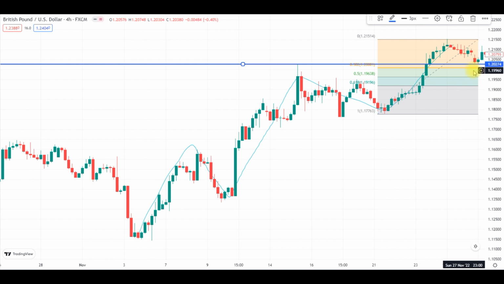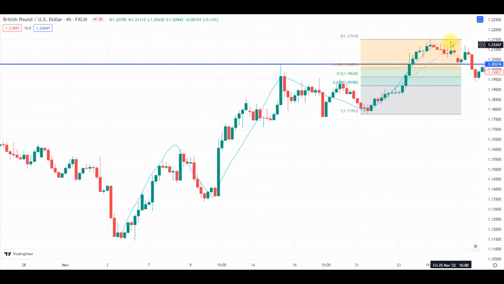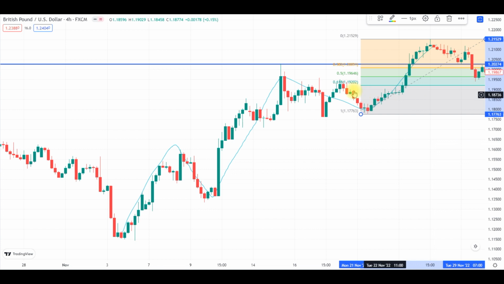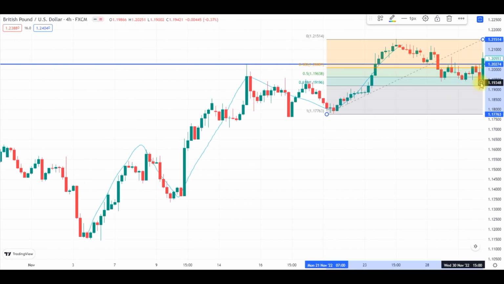Let's see if the market is moving further down. And yes, it is. Let me make this a little longer. And we're reaching a level between the 50 and 62% again. And now let's go a little farther. And right there, it dips down a little bit, but then you see a resistance level building over here